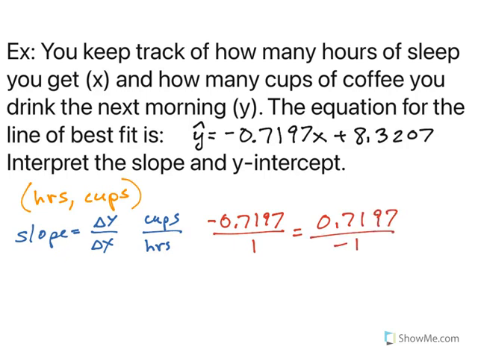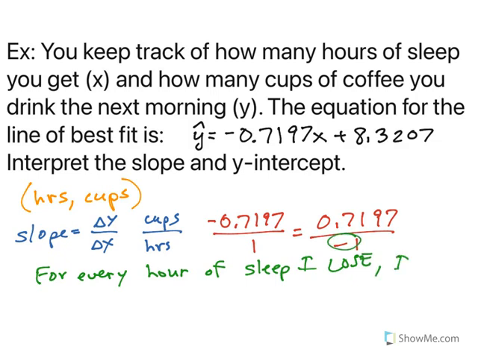Because remember, when you're talking about a negative number, only one of them has to be negative. A negative and a positive, when you're dividing, means negative. So it makes more sense to talk about it this way. For every hour of sleep I lose, right, because it's negative, I drink an additional 0.7197 cups of coffee,